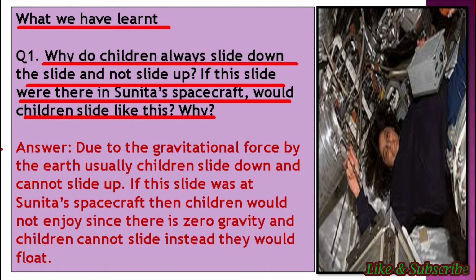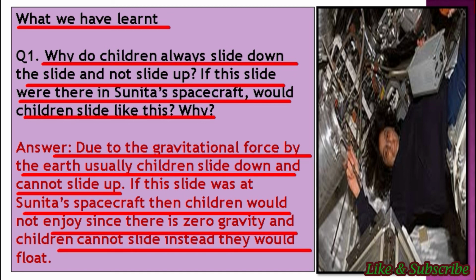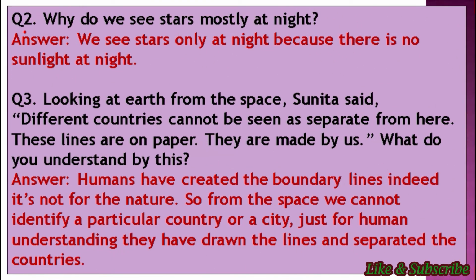Students, this just happens due to the gravitational force of the earth, due to which the children usually slide down and cannot slide up. And students, if this slide were there in Sunita's spacecraft, then children wouldn't enjoy it since there is no gravity and the children cannot slide. Instead, they would float in the spacecraft. Now students, the next question is,